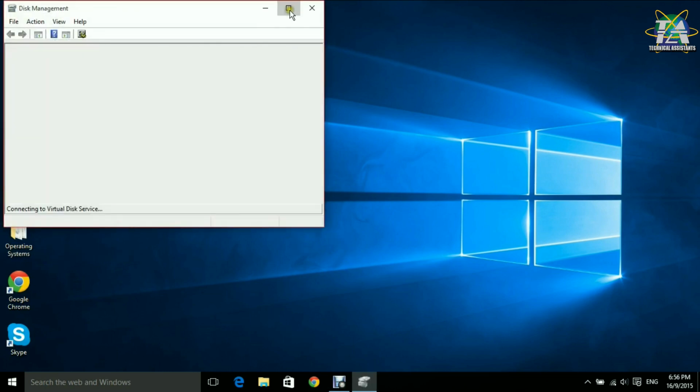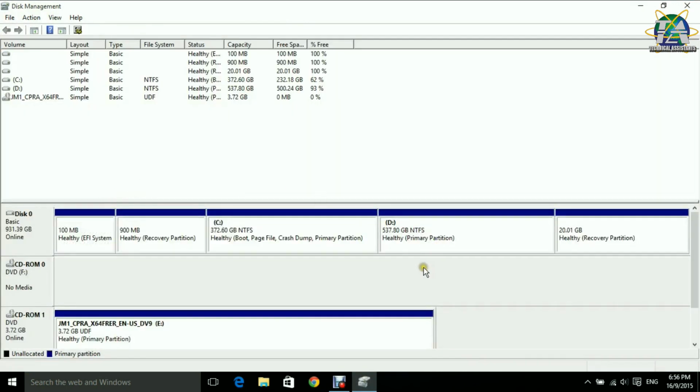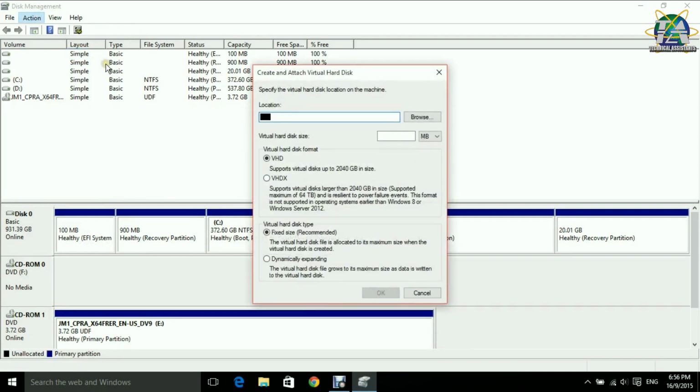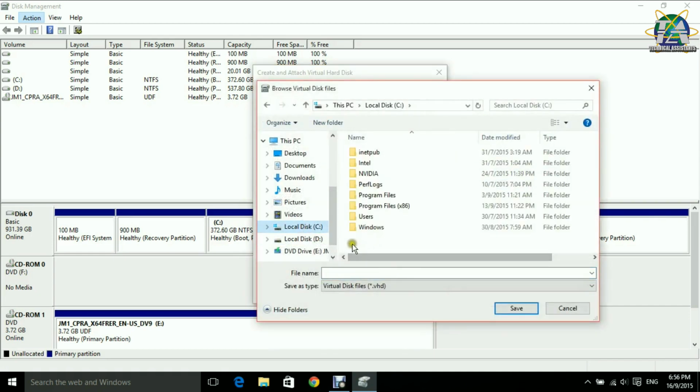Now after you open Disk Management, go to Action and Create VHD. Okay, we start off with location. The location is where you are going to put your VHD file. For example, I would like to just choose local disk C